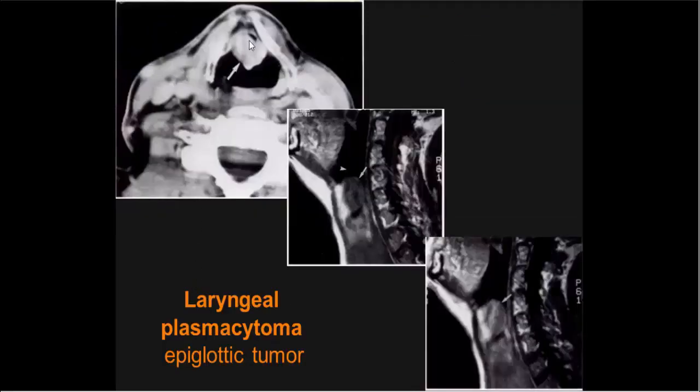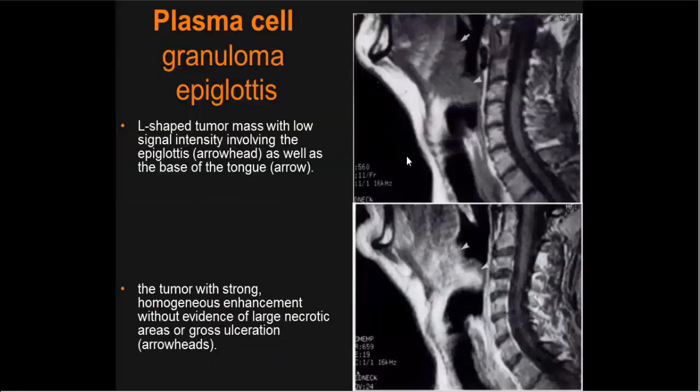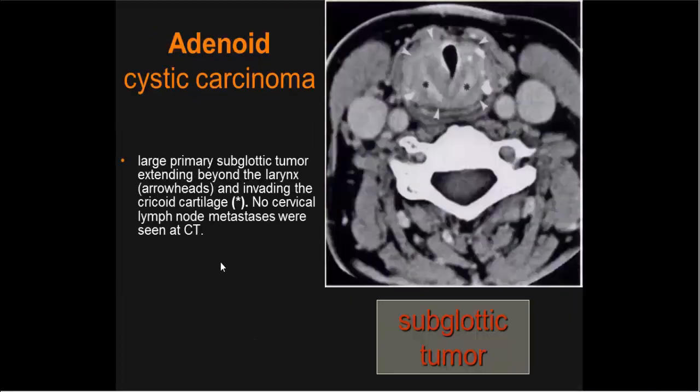Laryngeal plasmacytoma, epiglottic tumors, plasma cell granuloma of the epiglottis. An L-shaped tumor mass with low signal intensity involves the epiglottis as well as the base of the tongue. The tumor shows strong homogeneous enhancement and without evidence of a large necrotic area. Plasma cell granuloma of the epiglottis. Adenoid cystic carcinoma, the subglottic tumor, as we see, a large primary subglottic tumor extending beyond the larynx,